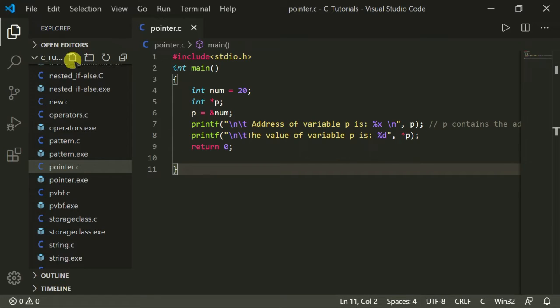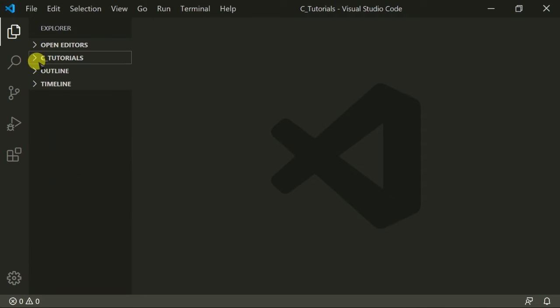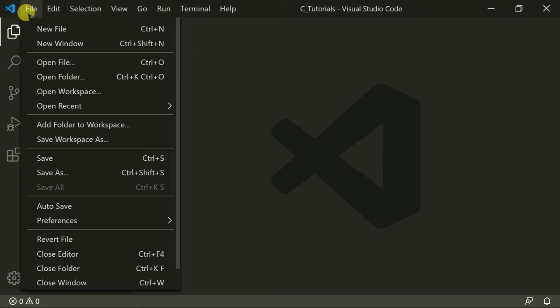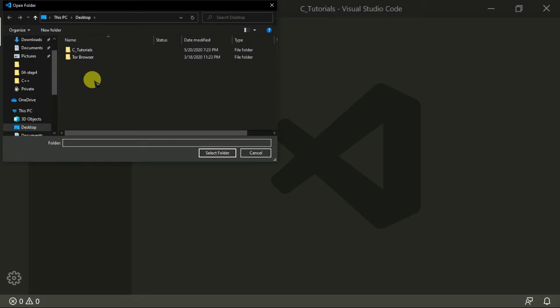Let me first create a new folder. Let me first close the file, go to the file option and open folder. You can create a new folder where you want. I will create a new folder on the desktop, new folder, and here I will type C++ tutorials.